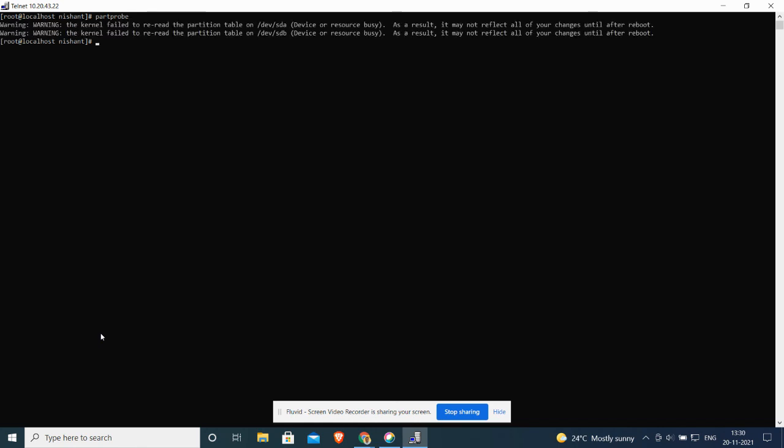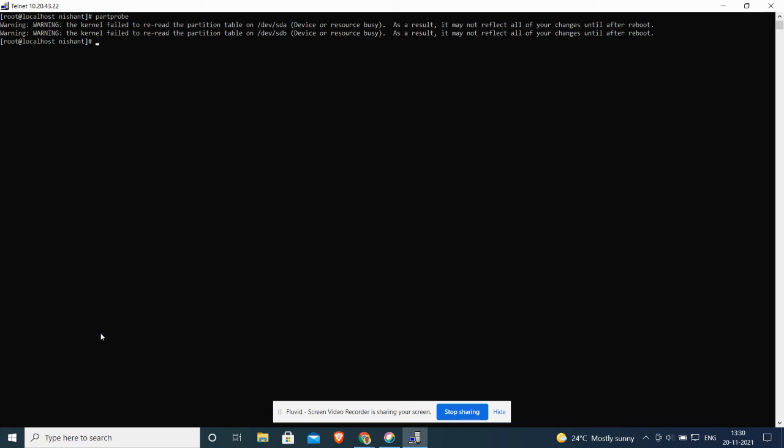But our hardware cannot interact with the kernel, so we have to tell the kernel whatever partitions we have created or deleted. So there is a command which tells the kernel that there are certain changes in the partition, and the command is known as partprobe. When we run this command, it says that as a result it may not reflect until after reboot.